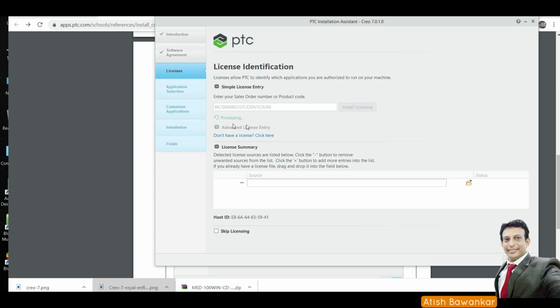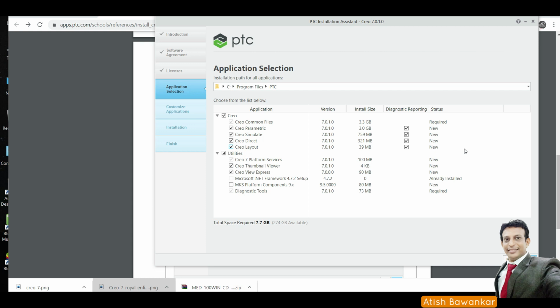So you will notice that it is in process. Once the process completes, you will find the success message here. Say next. Here you can choose the licensing required. I don't want simulation, so I used to remove this. So it will save our time for the installation.